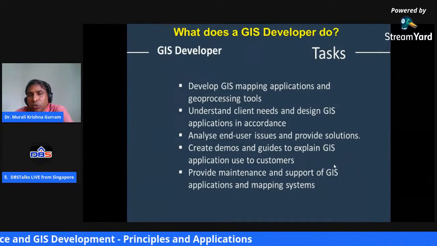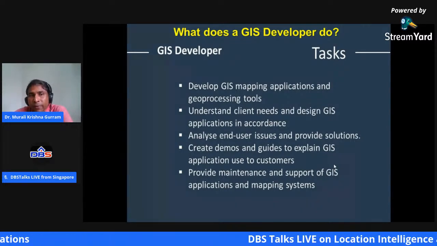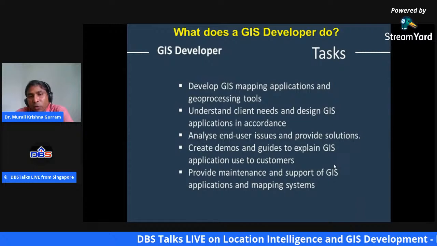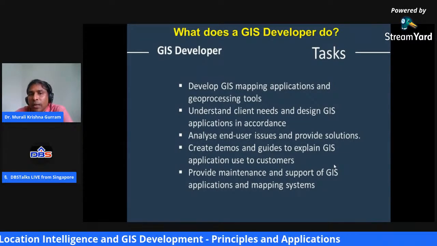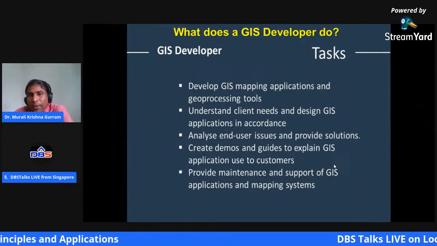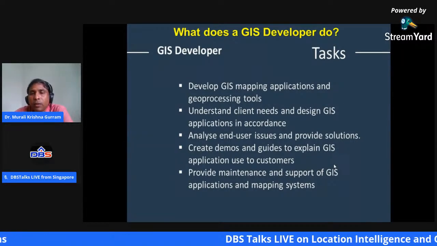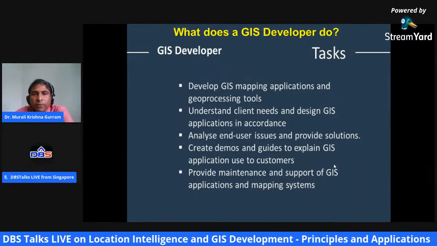You have to fix those issues in real time. As and when you come up with new content, you are supposed to give some demos, guide the users by explaining the features of those applications, and provide maintenance and support. Next.